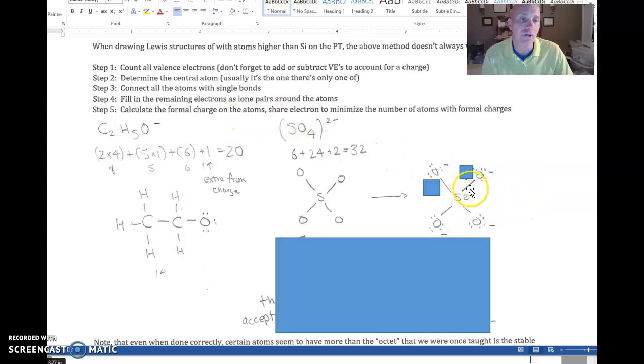So the thing about drawing these structures appropriately is you want to share electrons to minimize the number